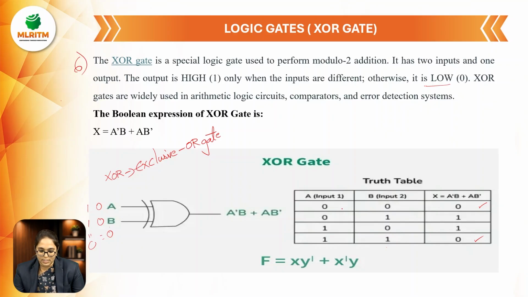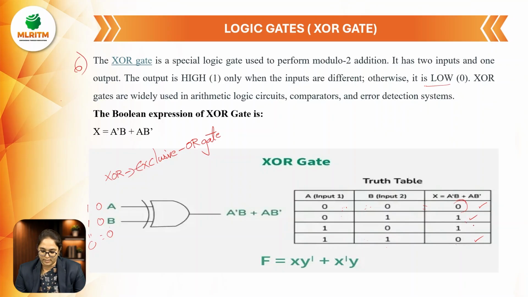So what is the condition in the exclusive OR gate? Exclusive OR gate condition is nothing but if two input values are same. If two input values are same, then the result is equals to 0. If two input values are low, then the result is also low. So here, if the two input values are same, then the result is low, and remaining all